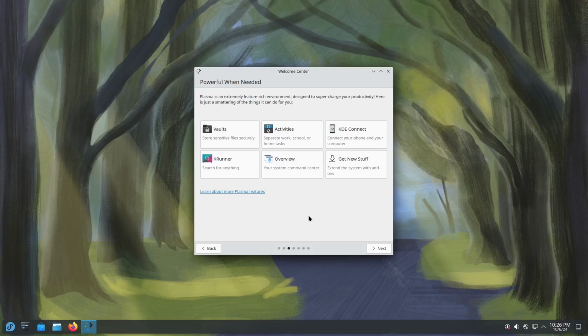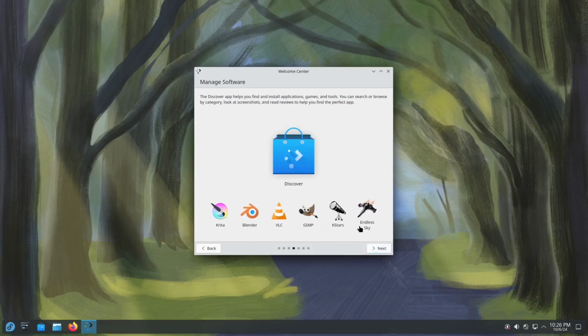So there are a little bit. This is with the volunteer community, while the Red Hat is their corporate. And of course you also have some of the good stuff right here, so you could look into these powerful apps. And at the same time you have the software manager Discover, which could help you find your applications, games and tools that you could research and search and browse by category and take a look into